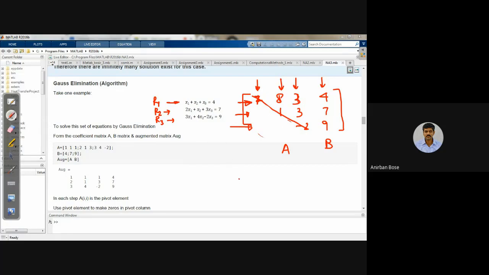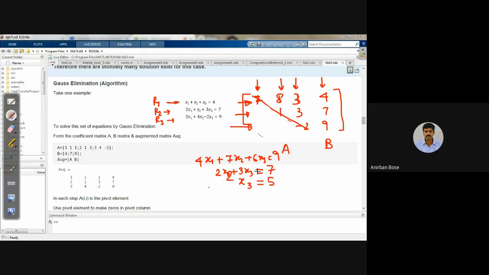Suppose you have been given 3x3 is equal to 5, 2x2 plus 3x3 is equal to 7, and 4x1 plus 7x2 plus 6x3 is equal to some value, whatever that may be. I'm just giving you one example to understand. See, the coefficient matrix is in the form of an upper triangular matrix. Here you see the three values, then 0, 2, 3, and here 0, 0, 3. So the coefficient matrix is upper triangular.